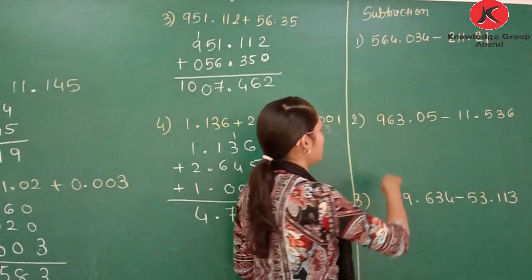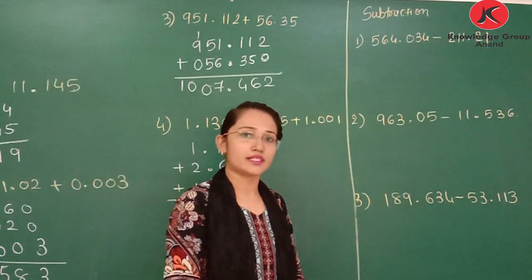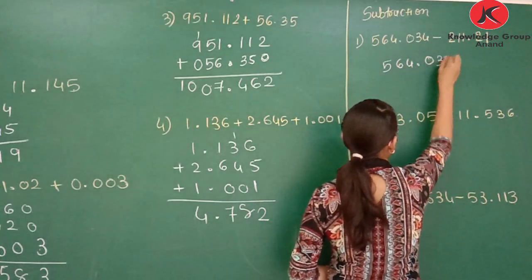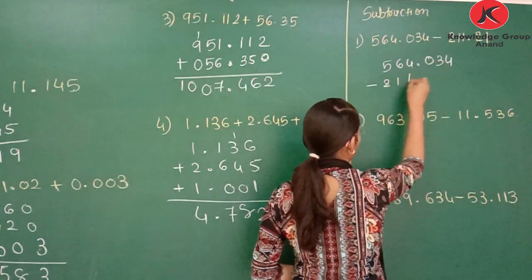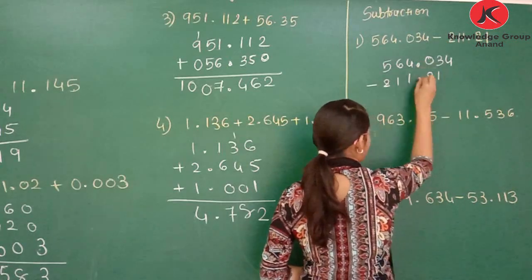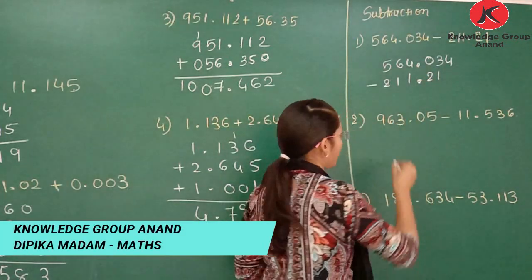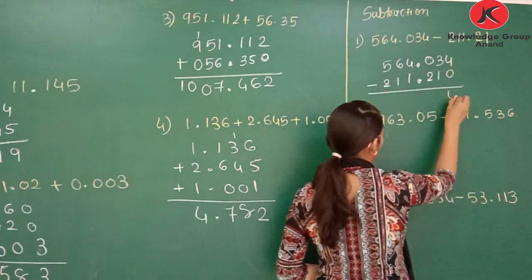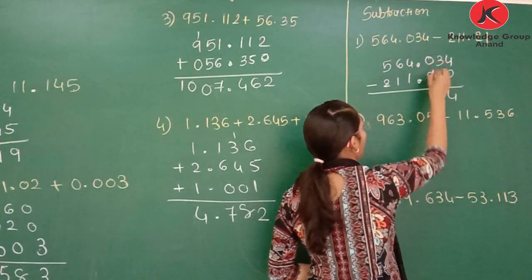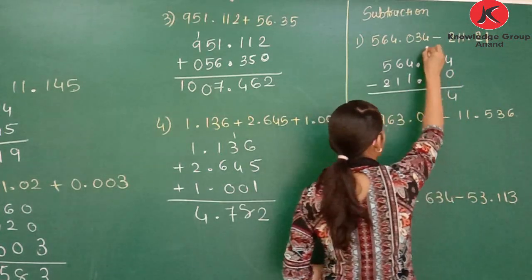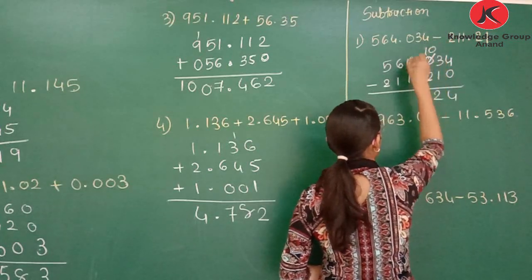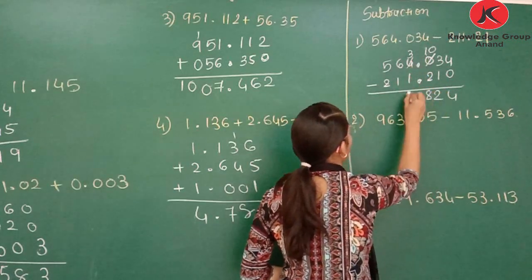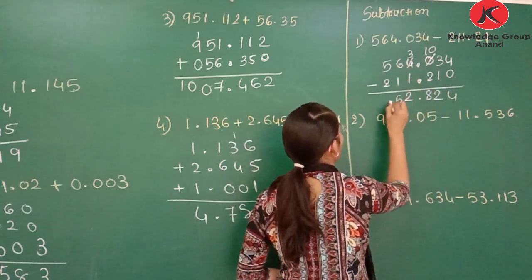Now subtraction of digits, same, write the decimal point exactly below the decimal point. So it is 564.034 minus 211.2. Okay, you can see the decimal point is exactly below the decimal point. Remaining digits must be 0. 4 minus 0, 4. 3 minus 1, 2. 0 minus 2, so you need to take a carry. Borrow, it is 10 and 3. 10 minus 2, 8. Point, 3 minus 1, 2. 6 minus 1, 5 and 3.